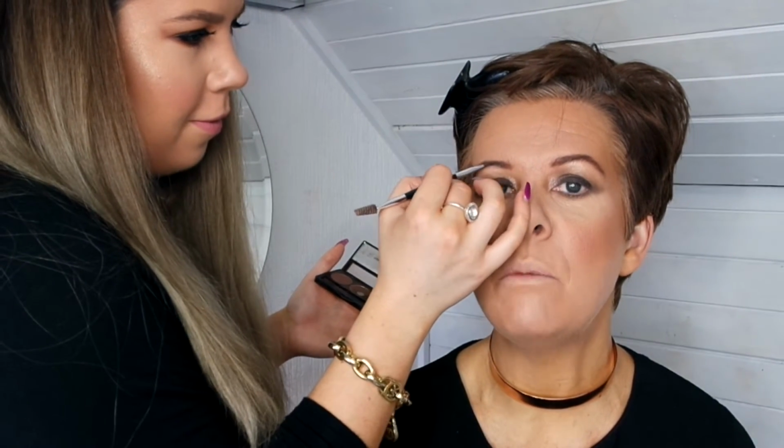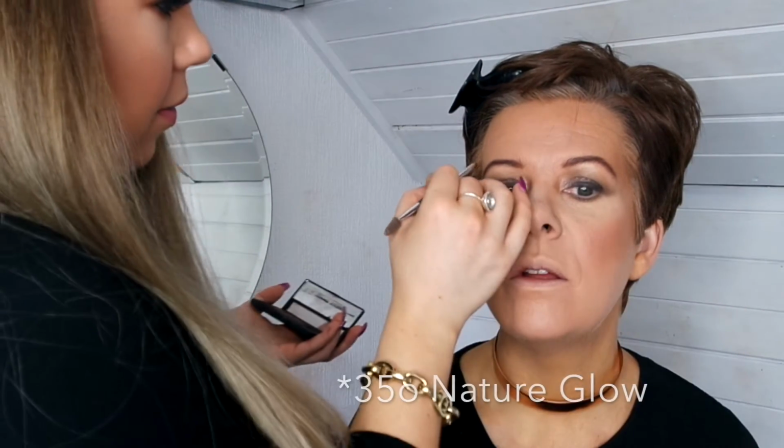Another real favourite of mine is a lovely Christmas surprise I had of Sophie, and it's the Morphe eye palette. We love that. I have always wanted it's the tones that I've got. It's the orangey. She's got the 35-0 palette like me. The what's it called? Glow, something glow. I can't remember the name, but I must say it is my absolute fave for days I'm not working, for